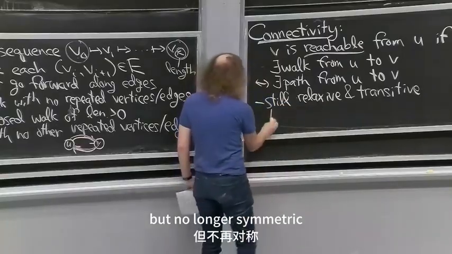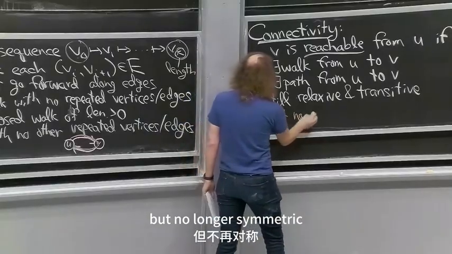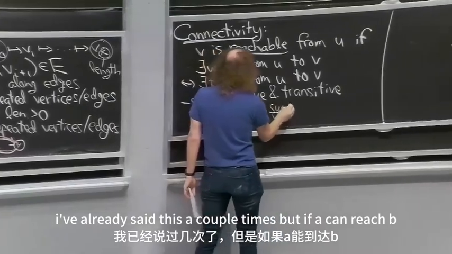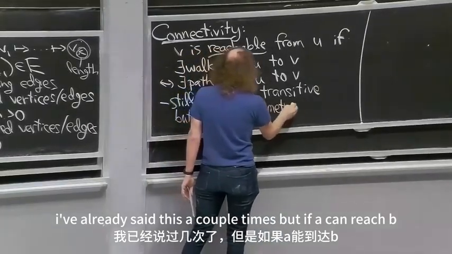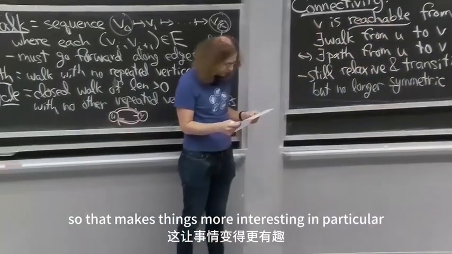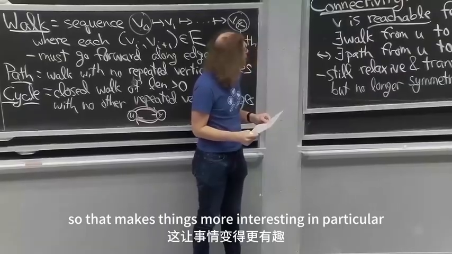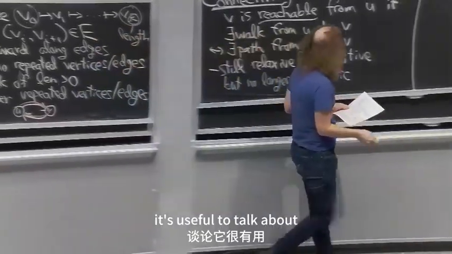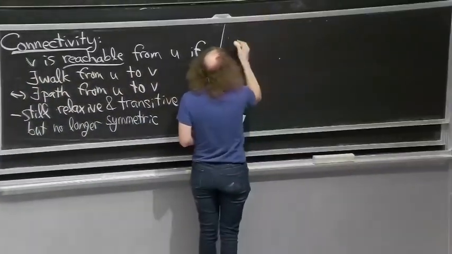But no longer symmetric. I've already said this a couple times, but if a can reach b, we don't necessarily have b can reach a. So that makes things more interesting. In particular, what does it mean for the whole graph to be connected? For that, it's useful to talk about